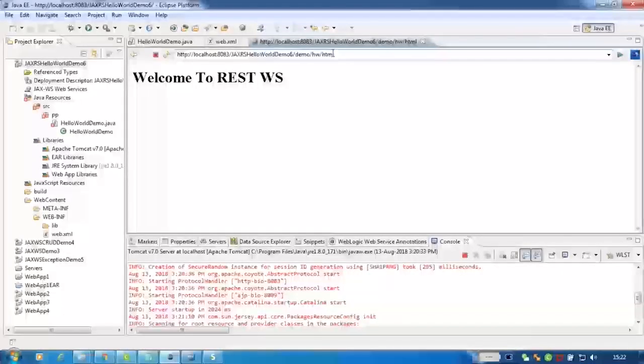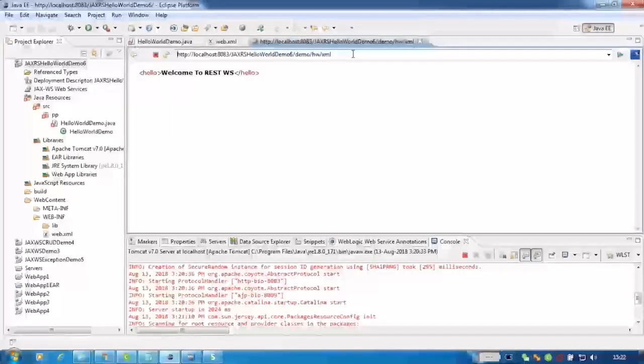Based on your input at the end of your string, XML, you'll get the corresponding output in a specific format, based on your requirement, right? That is given here. So now this is a simple hello world example, and we have done